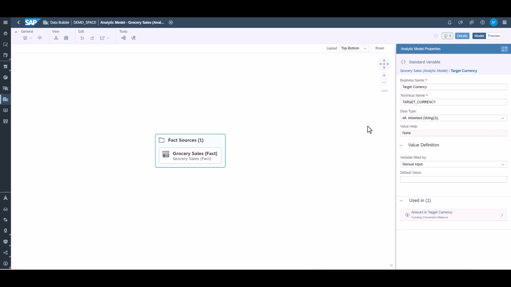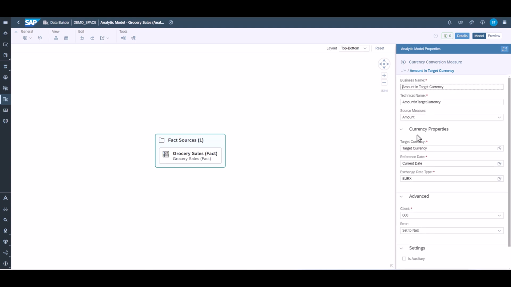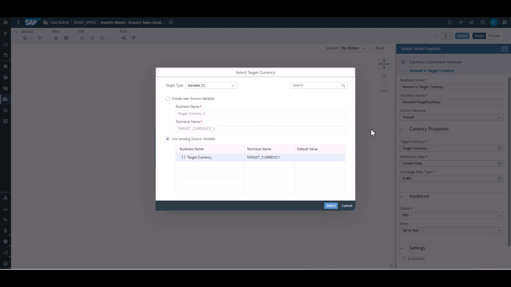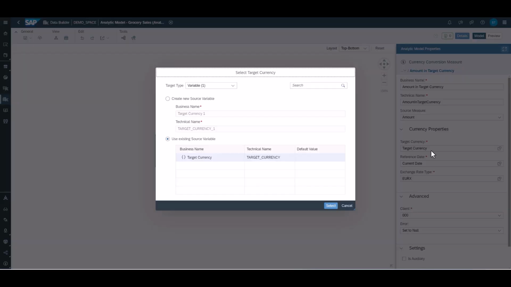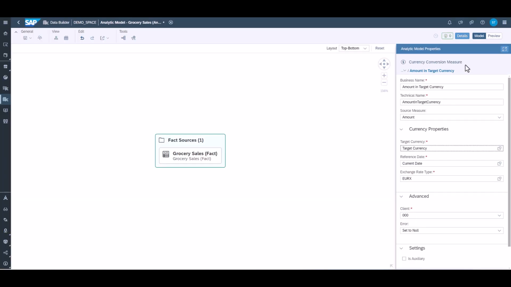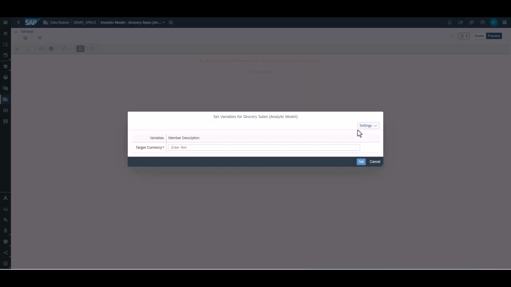So if I go back here and jump to the amount in target currency, I will see that the target currency here is basically the variable that I've just shown to you, and you can see that also here below. Okay, so that is now selected. If I go to preview, what happens now is that there will be a pop-up asking me for the target currency. So I'm now just selecting Australian dollars. Once I click on set,